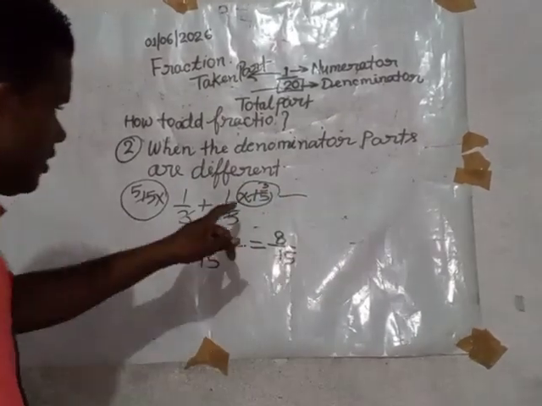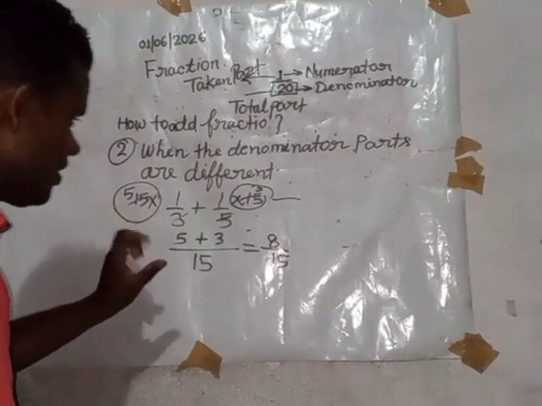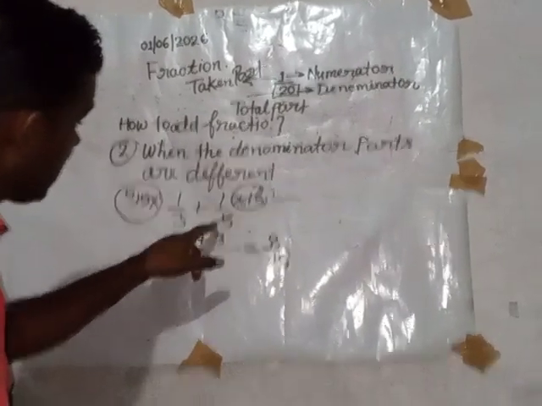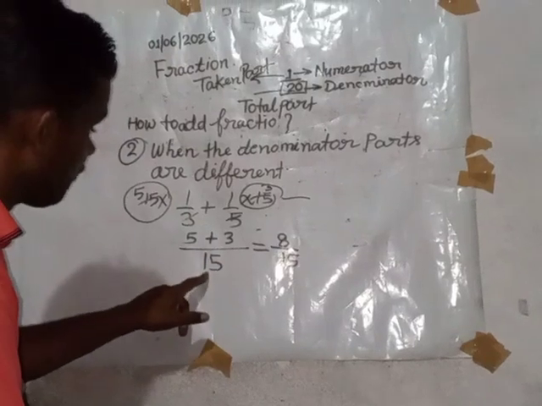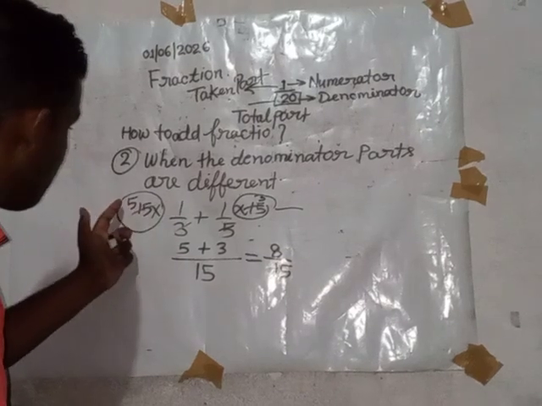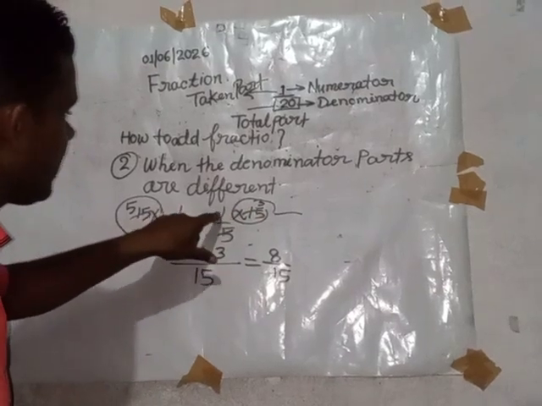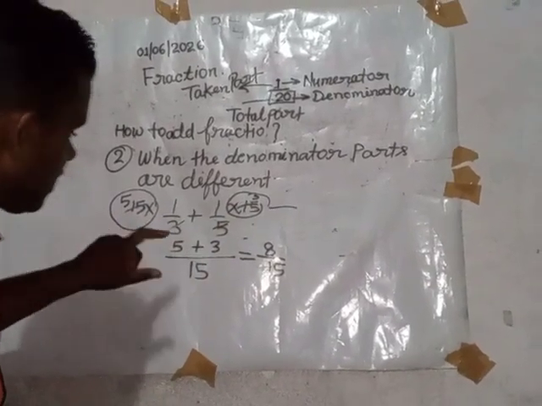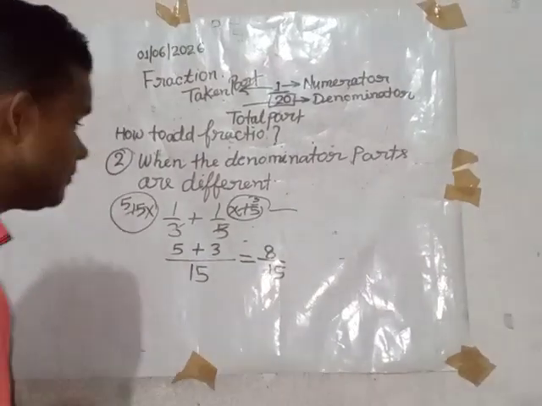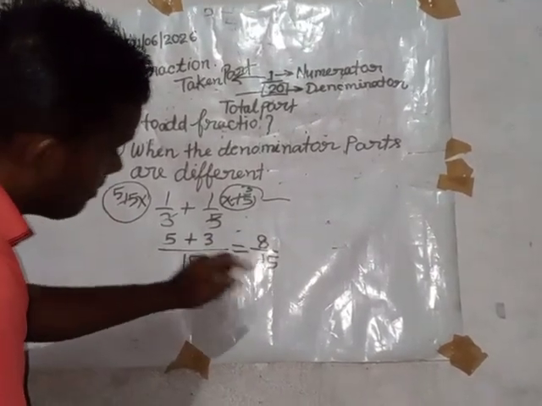This process is not shown in the question, but here we write it to understand. 1 by 3 plus 1 by 5, we find the LCM of 3 and 5, which is 15. 3 5s are 15, and multiply by its numerator: 5 into 1 is 5, and 5 3s are 15, 3 1s are 3. We add them: 5 and 3 is 8, over 15. That is the answer of the question.